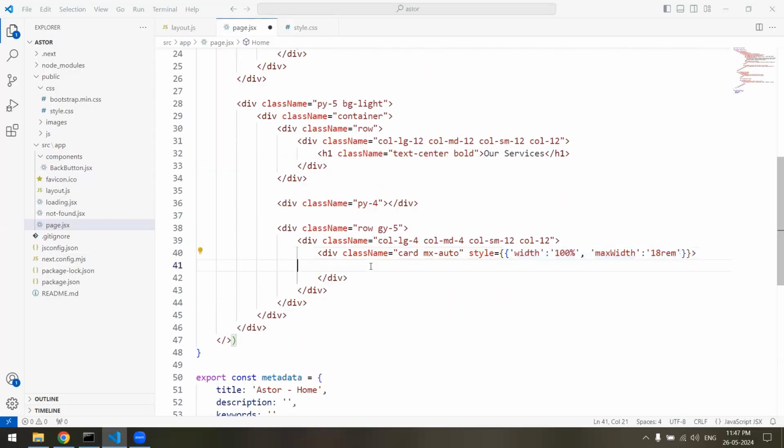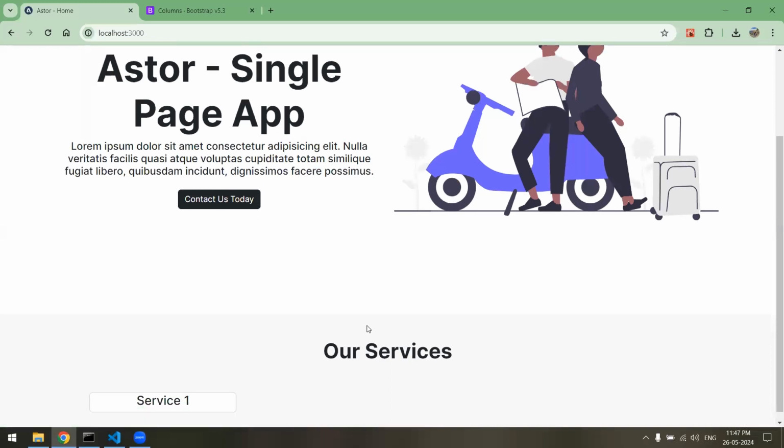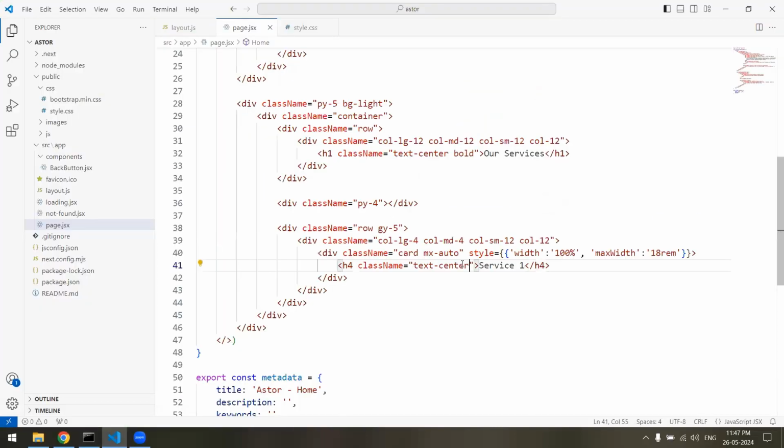And inside this we'll put, let's say, h1 dot text, not h1, let's make it h4 dot text center and surface 1, and we'll make it bold and margin bottom 0, and we'll put it inside a div tag